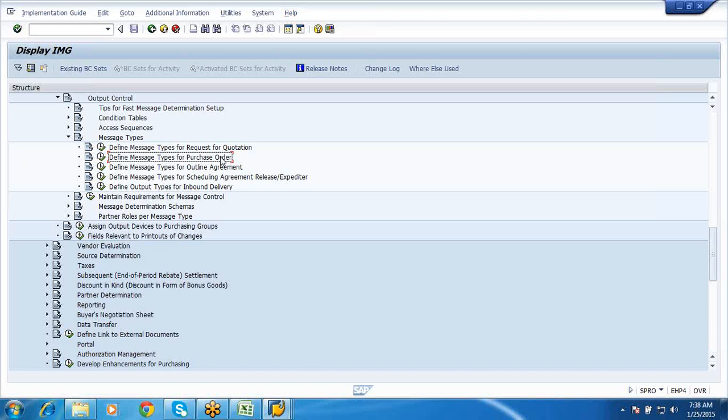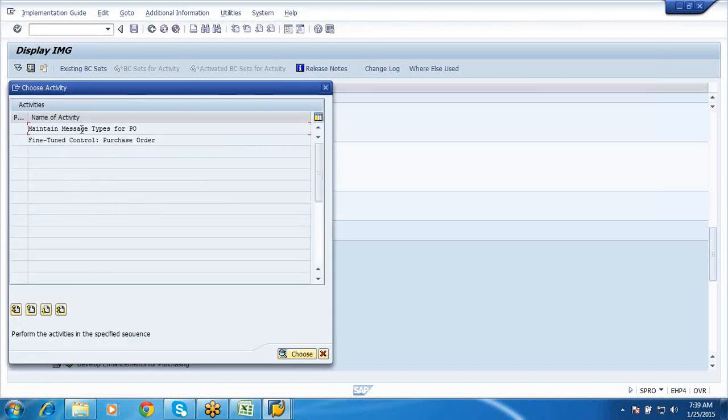So the printouts or the message types are configured here. See here, you have got for your quotation, for your purchase orders, for your outline agreements, all you have. So if I go to my purchase order, here you can maintain the message types for PO.